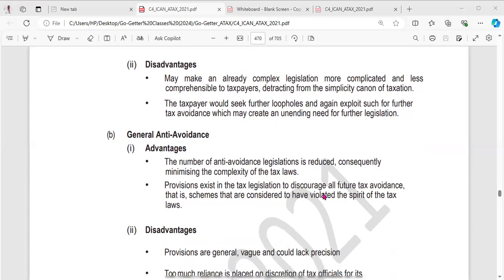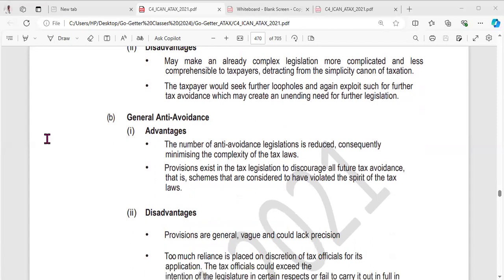Now, what about general anti-avoidance advantages? The number of anti-avoidance legislation is reduced, consequently minimizing the complexity of the tax law. Because you are making a legislation that is broad, it will reduce addressing a specific provision. So it's just like saying that